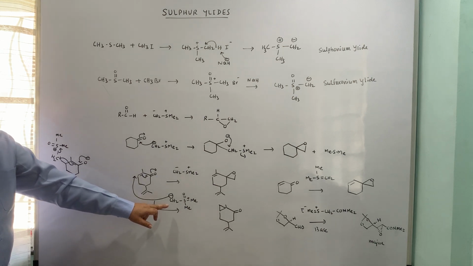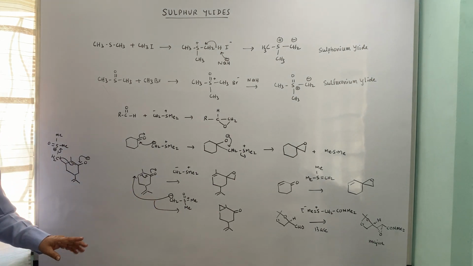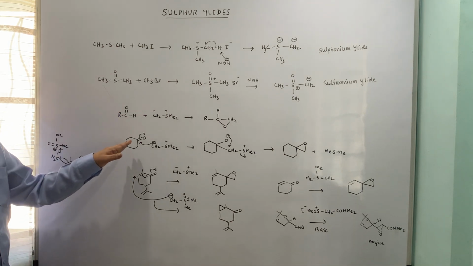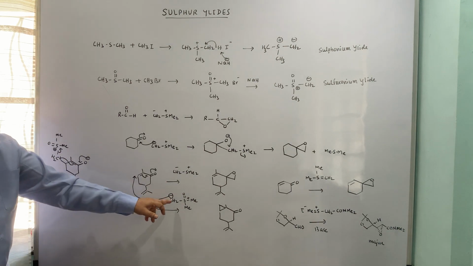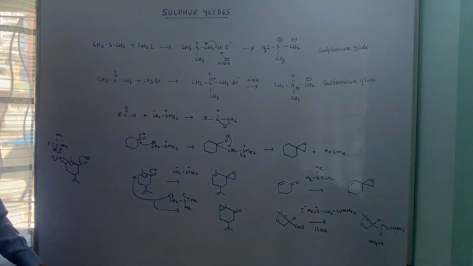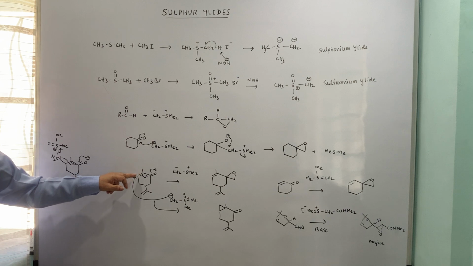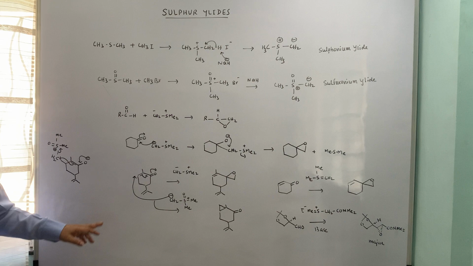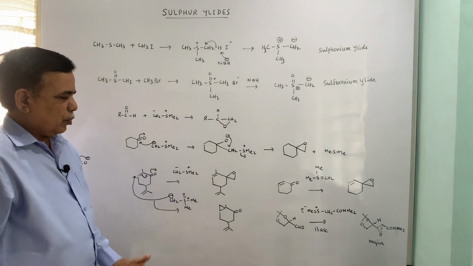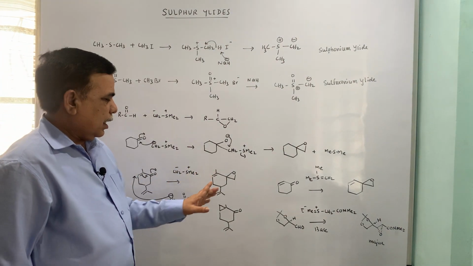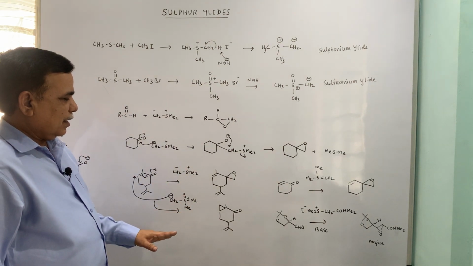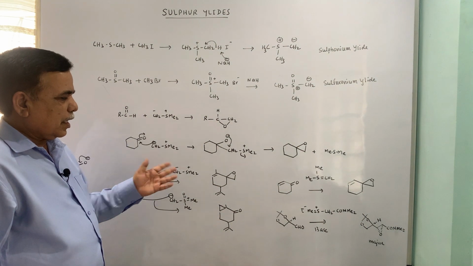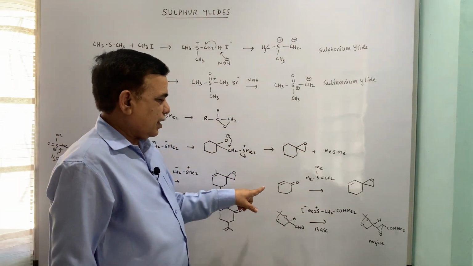So sulfoxonium ylide normally gives conjugate addition whenever structure permits. If you are working only with aldehyde or ketone, the saturated one, then this will also give you the epoxide, but in this case it is an alpha beta unsaturated double bond. So the soft nucleophile attacks here and you get the cyclopropane ring formation. The other methods to get cyclopropane ring are addition of carbene or the Simmons-Smith reaction and so on. Okay, now coming back to the next example.